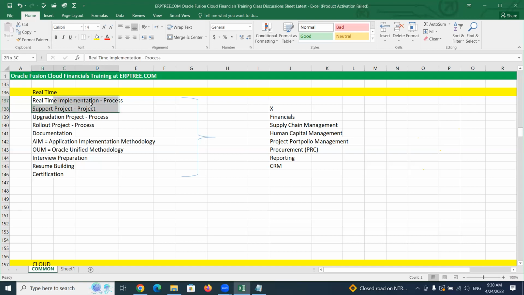So you will learn about the complete cycle of a real-time implementation project, real-time support, upgrade, rollout, what the various documents we create, the methodologies we use, it could be AIM methodology or OUM methodology, and how to prepare for interview. And we will help you with resume building. If you want a kind of sample CV and all, we will help you. And if somebody is planning for certification, we will help you with certification.